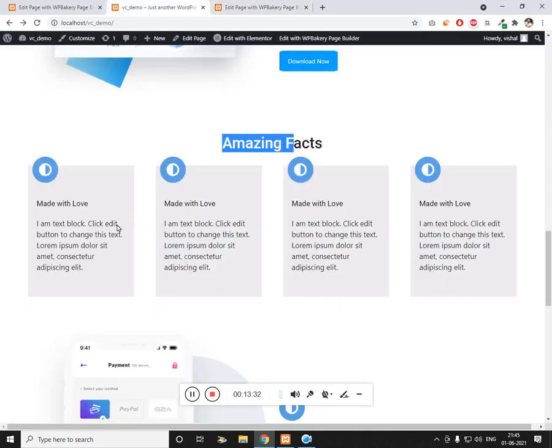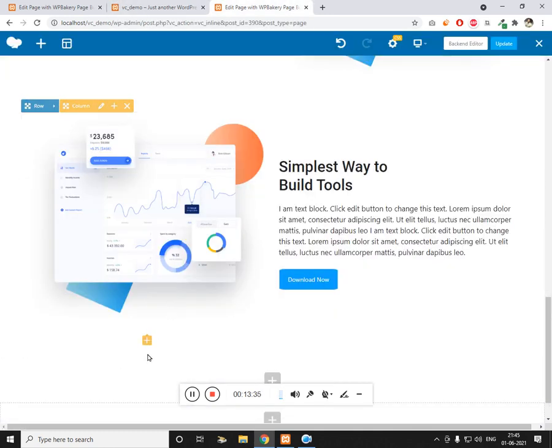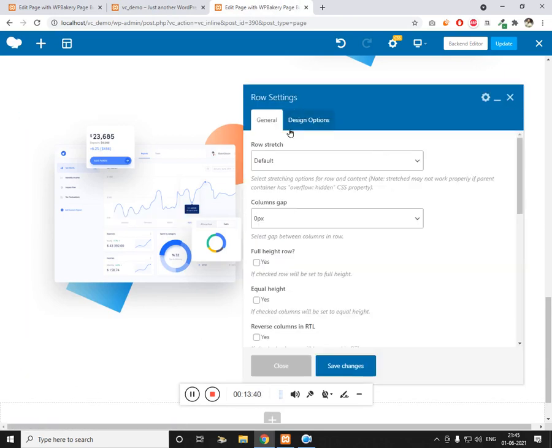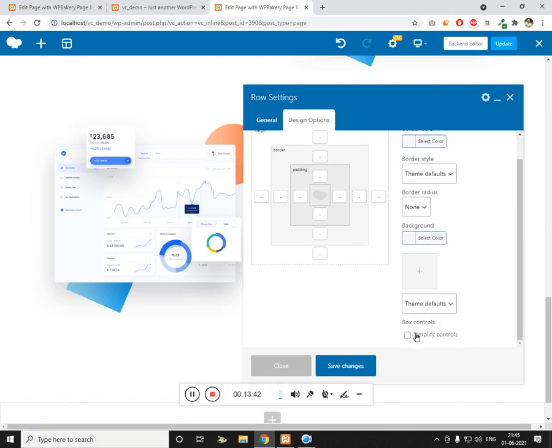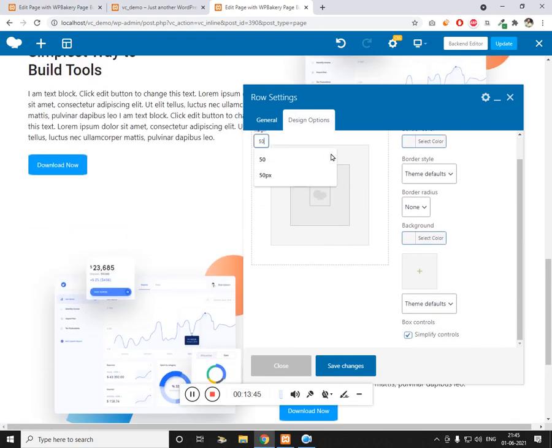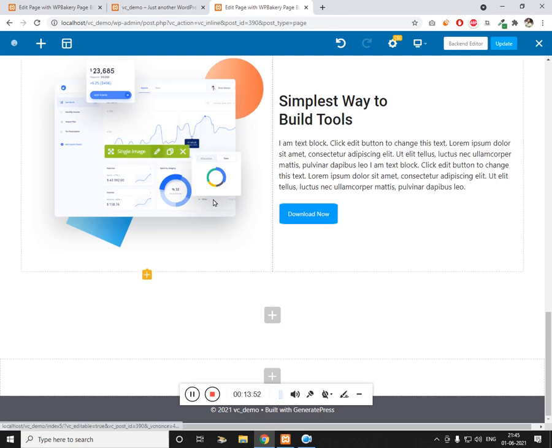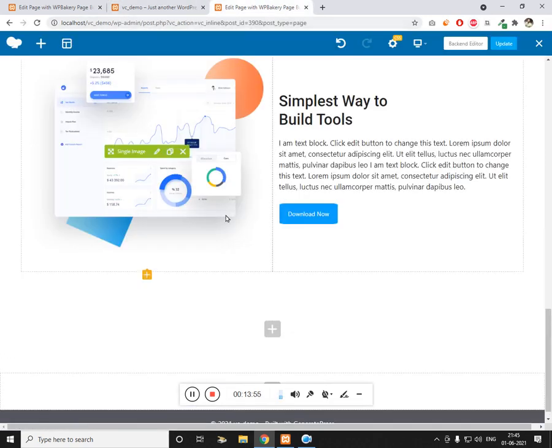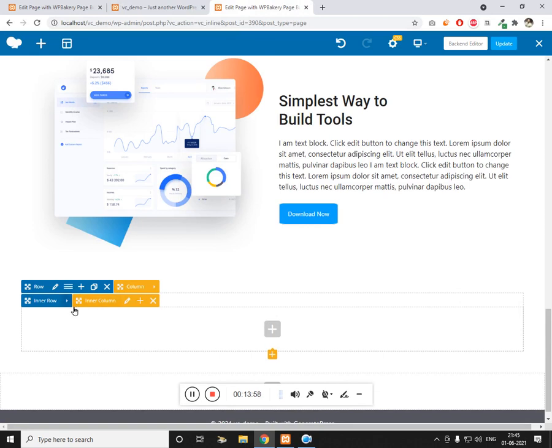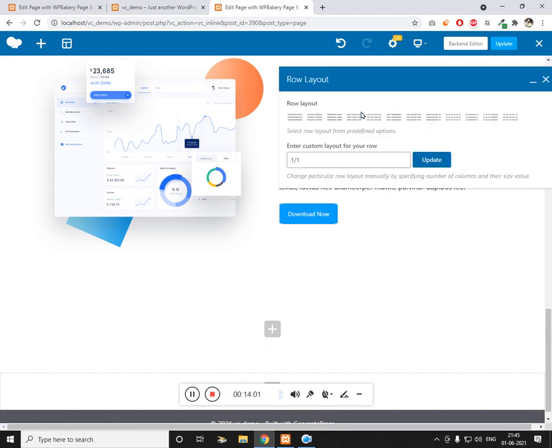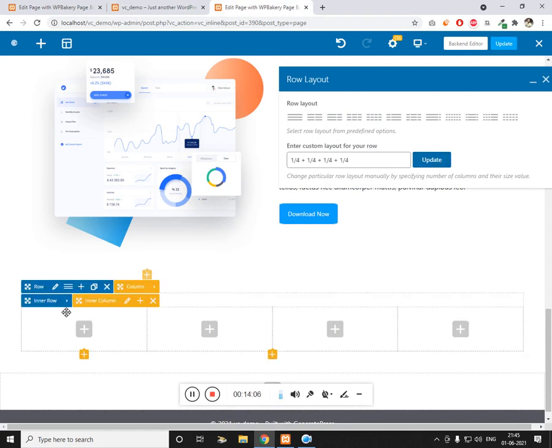Let's add a row. We need space on both the sides. So just like we did earlier, I want 50 pixel on all sides, and then again I need an inner row, and this row will have 4 columns inside it, and after that I need the column gap.